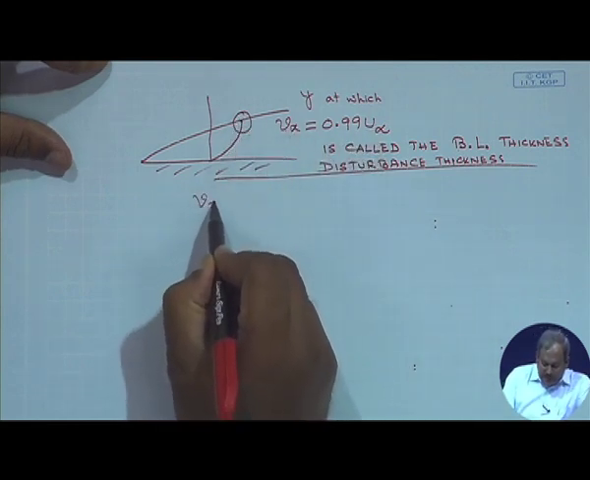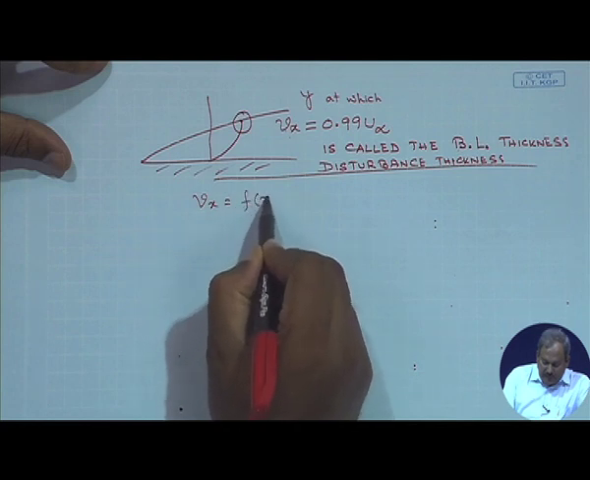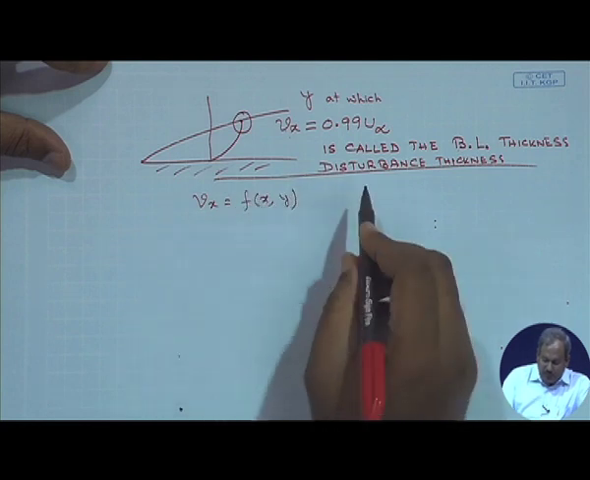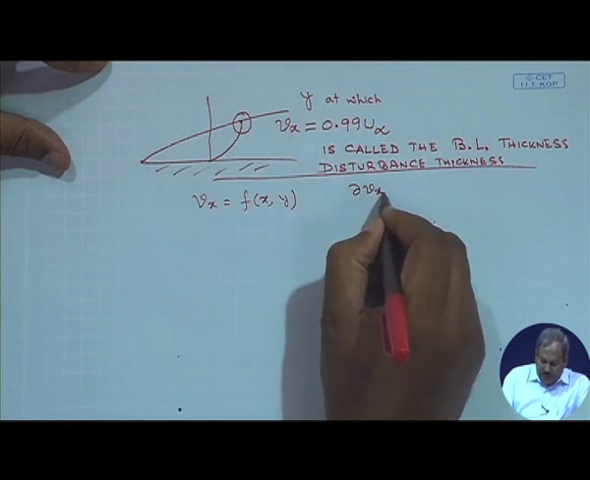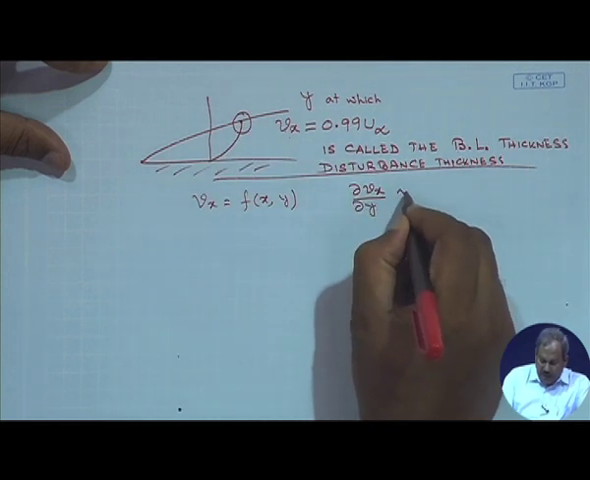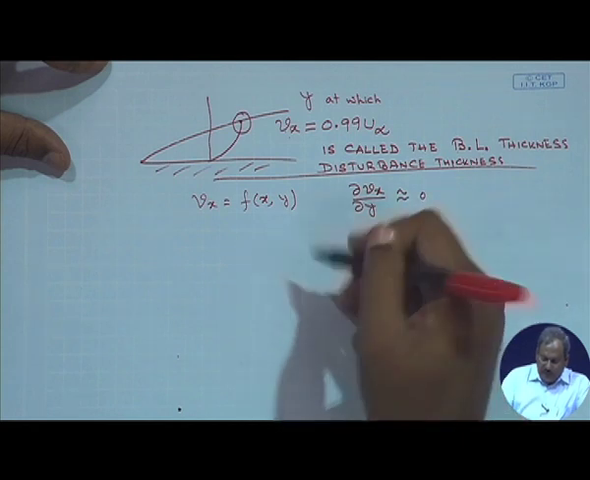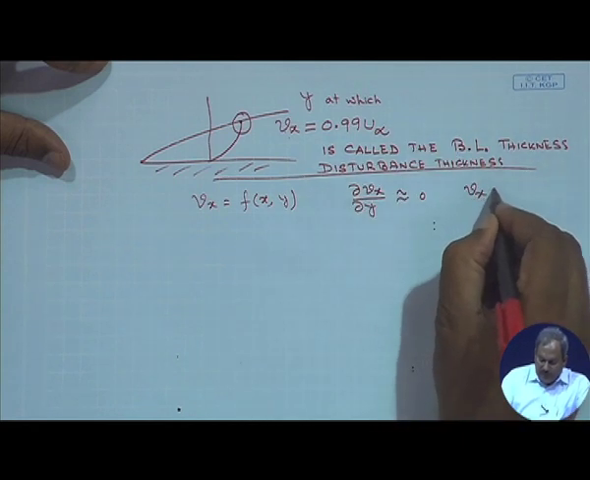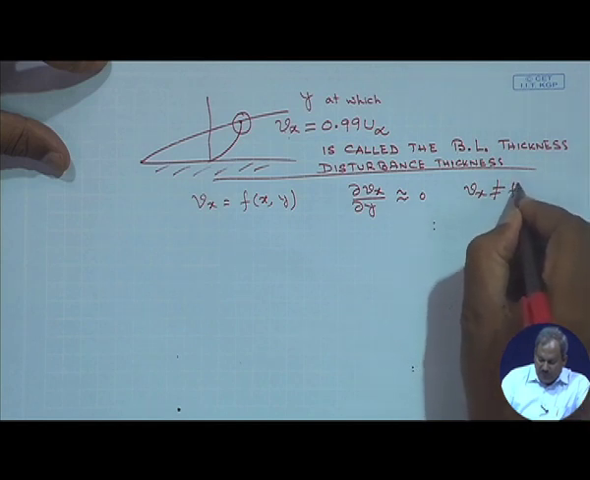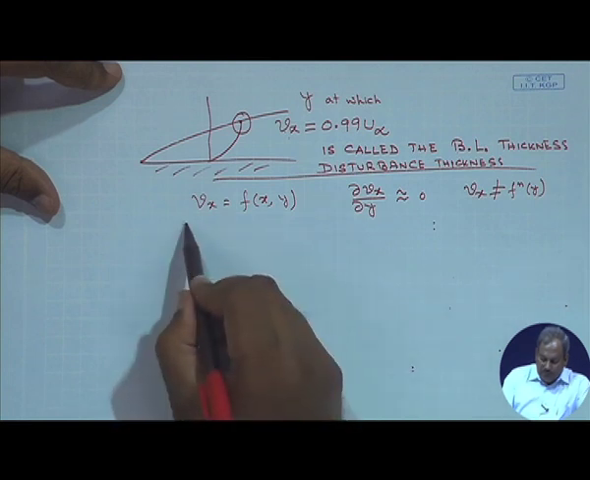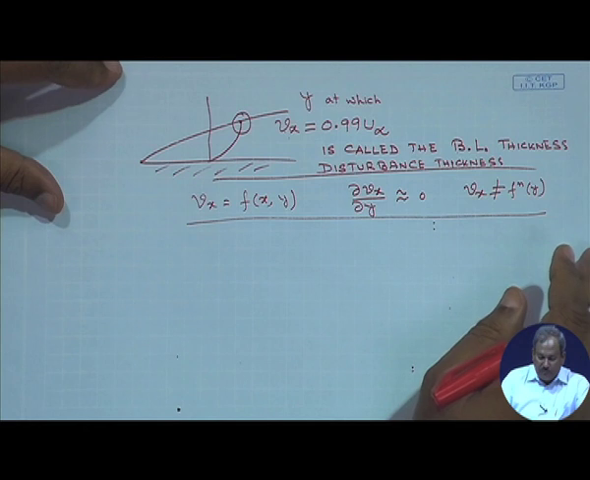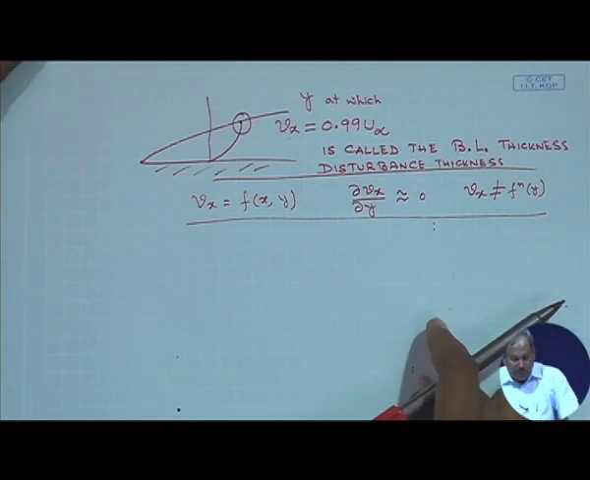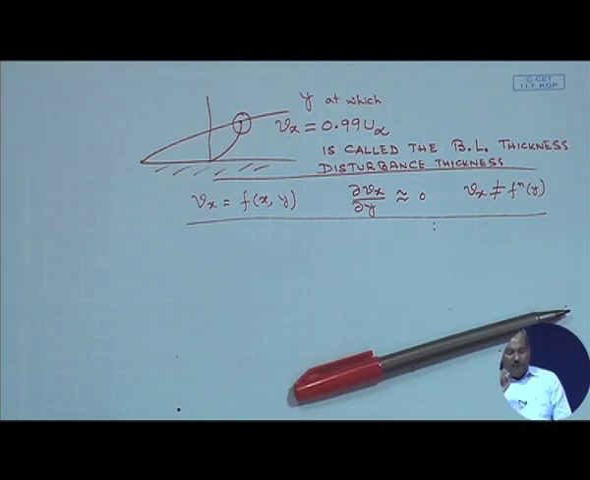So I understand that Vx is a function of x and is a function of y. However, near the boundary layer, del Vx by del y approaches 0. That means beyond the boundary layer, Vx is not a function of y anymore. So these are mathematically the definition of the location of the boundary layer, but it's so difficult to theoretically pinpoint